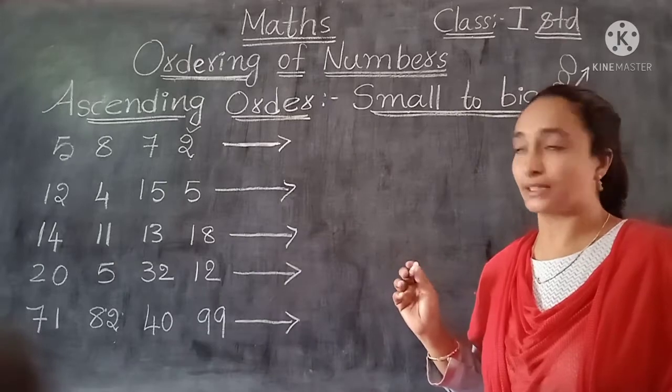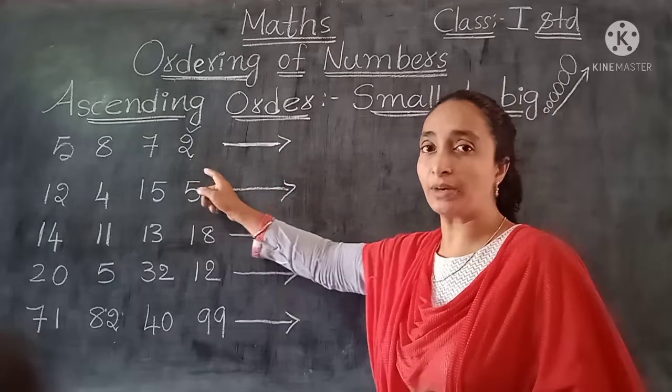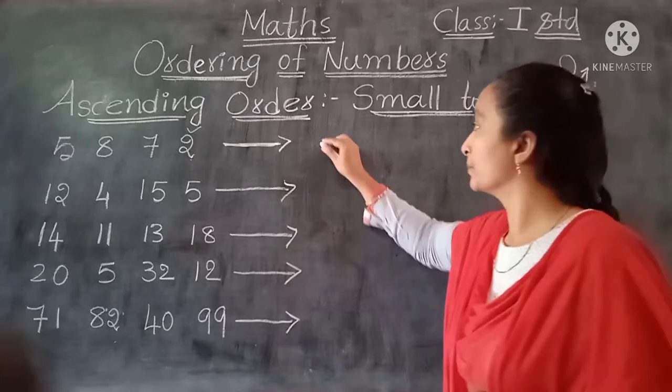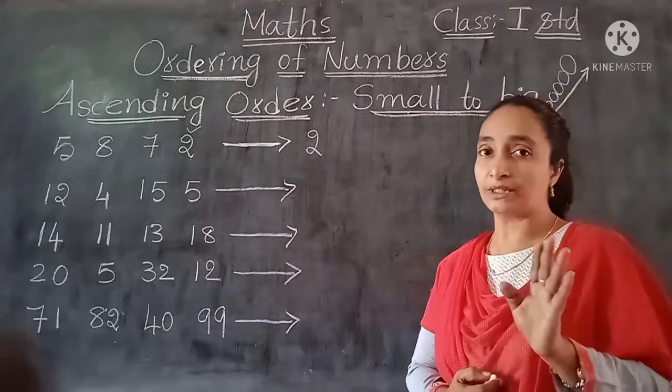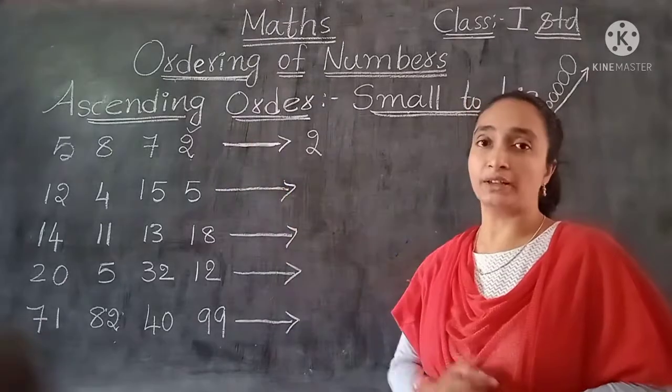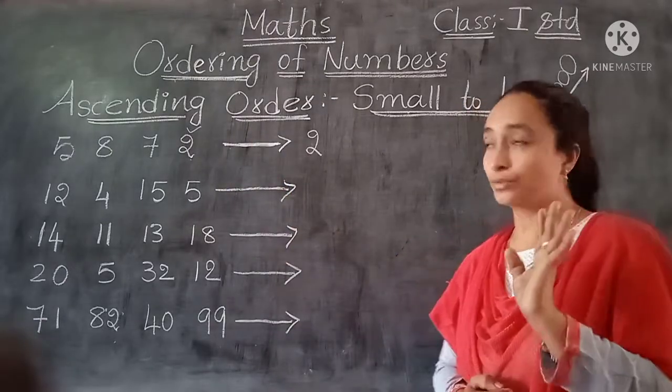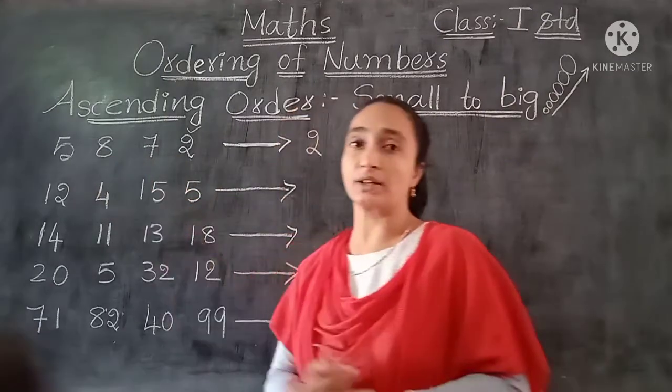The first one is completed. Okay, 2. We have given the tick mark, but still we didn't write here. So now I am writing the 2. So the first small number is 2. Completed. So now the 2 we should not take. Completed now. So the remaining 3 numbers only we have to consider now.